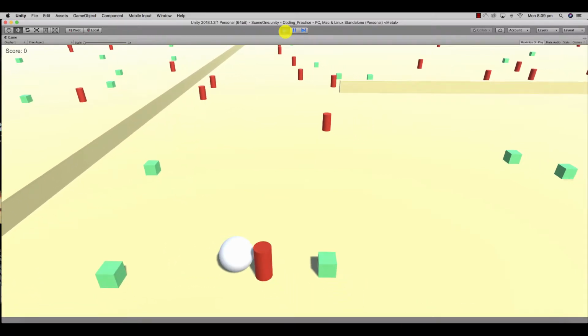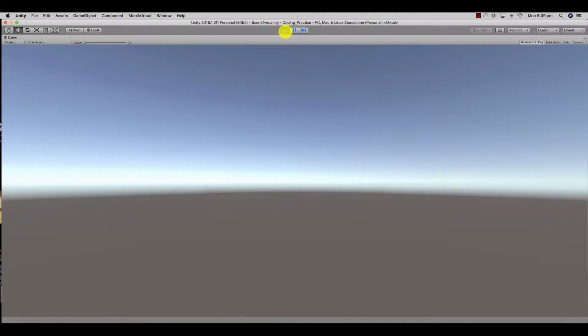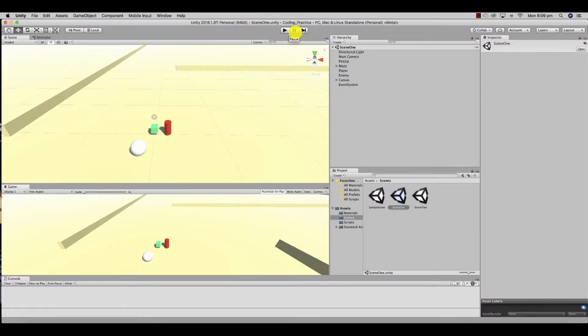When the score gets below 0, it actually loads a new scene, which might be my end game scene, or it could be another level, or it could go back to the original GUI, whatever I want to put in there. What I would like to do is actually have another point in my game, which is